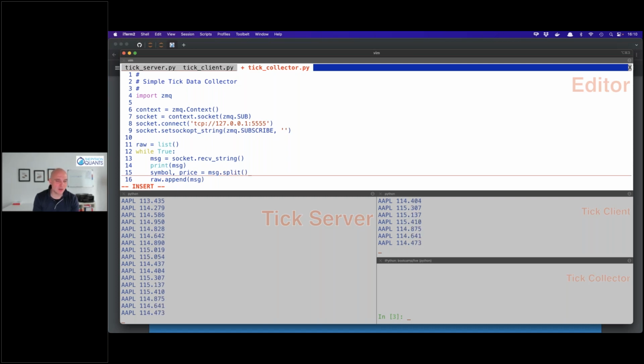You might recall a split that we have done. Split by default works on the blank. So now I have my message in two parts with the symbol and the price, and I can now, for example, collect tuples of symbol and the floating point version of price, because this will still be